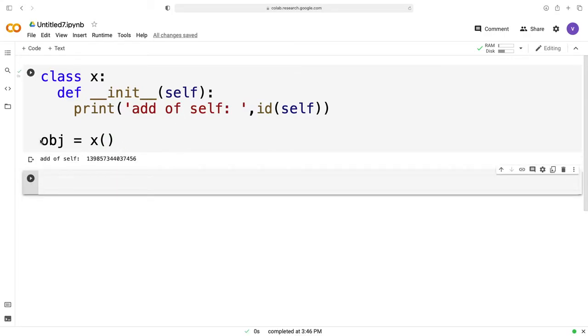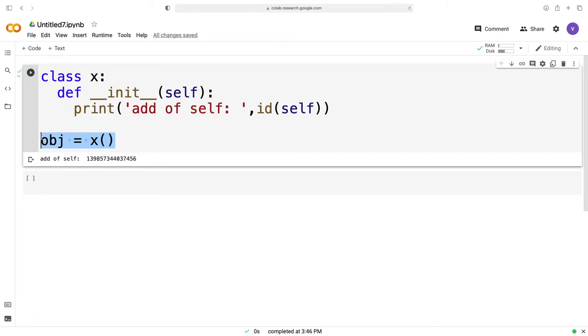Whenever this line is executed, it calls the constructor of class X right away, and the constructor has one statement which says to print out the address of the self, and which is giving the address of 13985734403746.